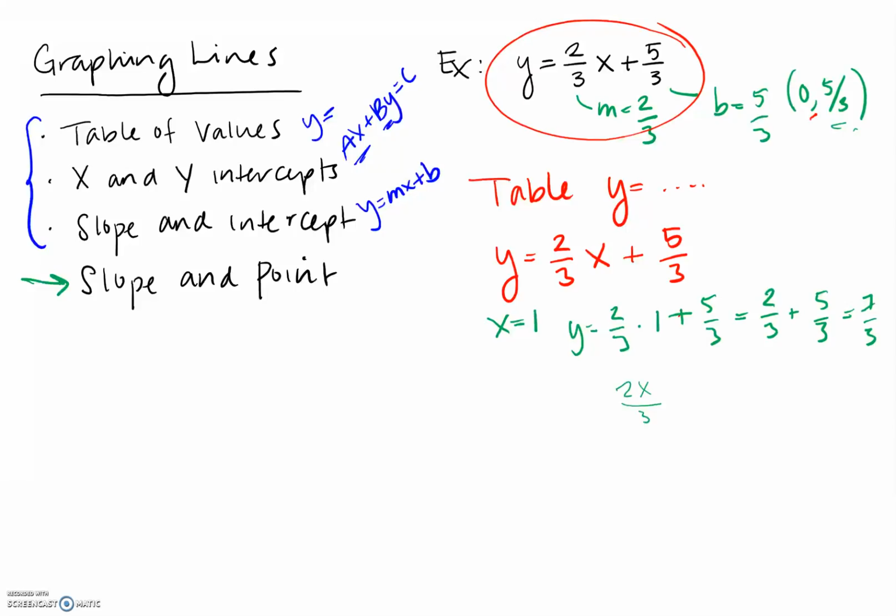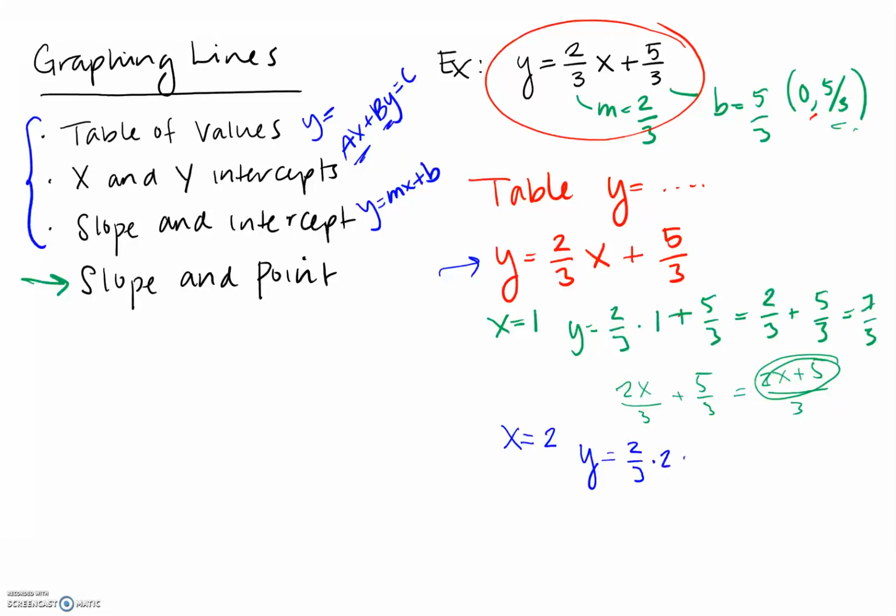So ideally what we really want to happen here is we're going to end up with 2x over 3 plus 5 over 3. We want 2x plus 5 to end up being a nice pretty number that's divisible by 3. And it just so happens that if we use 2 here, it's going to work perfectly. Again, though, you could have just guessed and checked, or ideally just use the table. But if we use x is equal to 2,